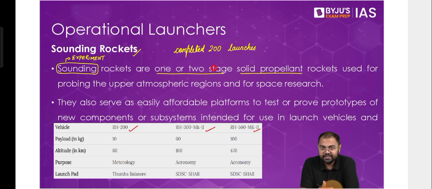If you have a 1 stage rocket, it means that there is 1 compartment of fuel. If it is a 4 stage rocket, it means that there are 4 compartments where the fuel is being carried. So stage basically just means how many compartments you have which have been filled up with fuel. And solid propellant means that the fuel that you are using is solid. Just like, for example, coal, you can say that coal is a solid propellant because it is solid and it can be used as a fuel. So this is what sounding rockets are.